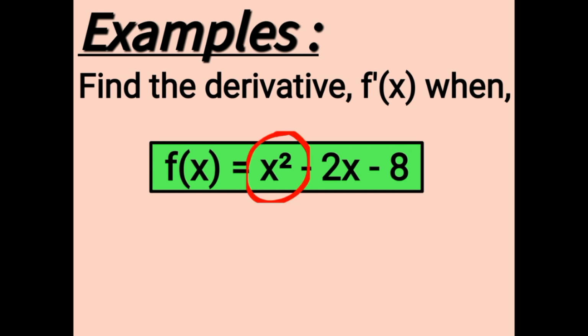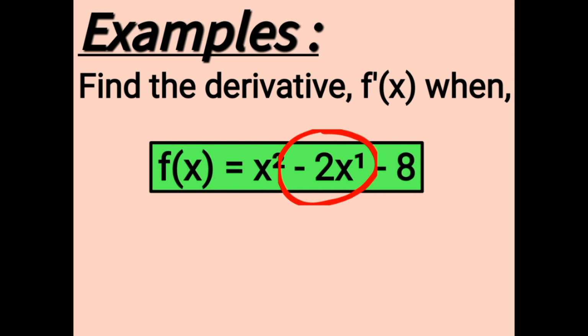So, starting with x squared, to differentiate x squared, we multiply by the power 2 and then subtract 1 from that power. So 2 times x to the power 2 minus 1 equals 2 times x to the power 1 equals 2x. Now minus 2x. Here the power of x is 1, so let's say minus 2x to the power 1. Now differentiating minus 2x to the power 1 gives us minus 2 times 1 times x to the power 1